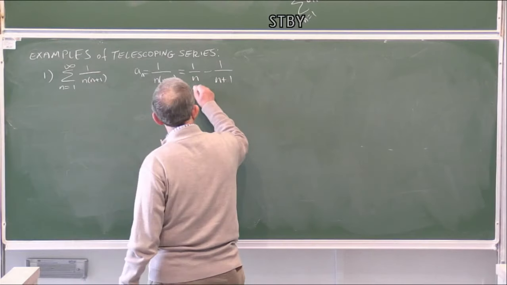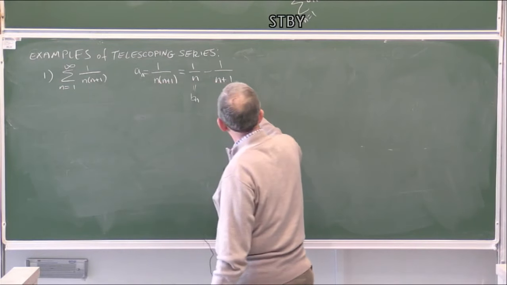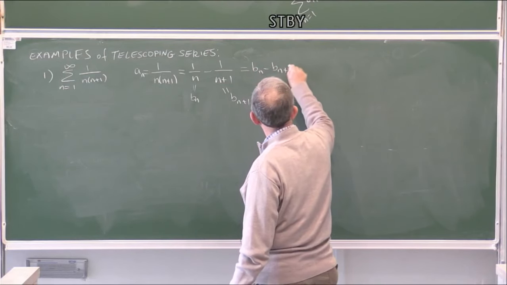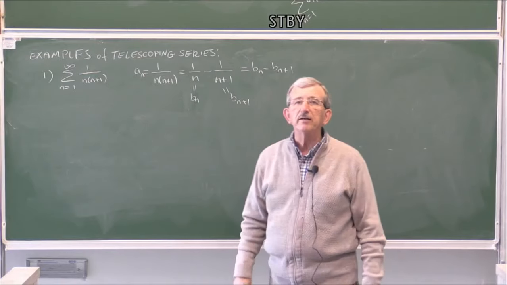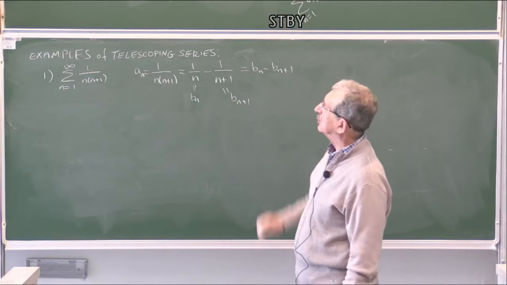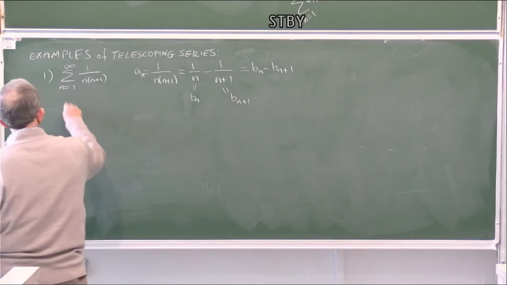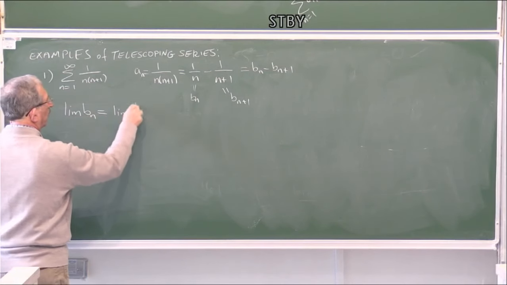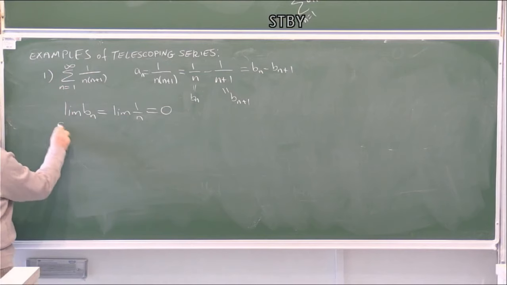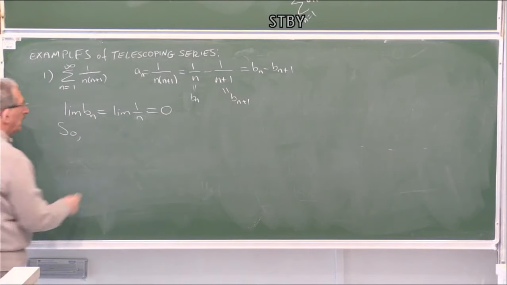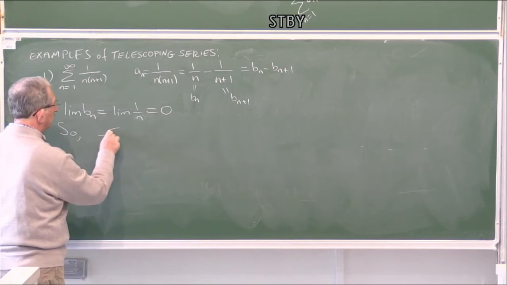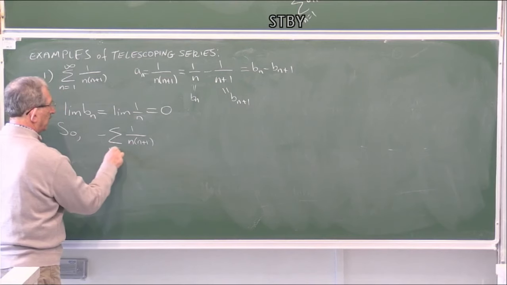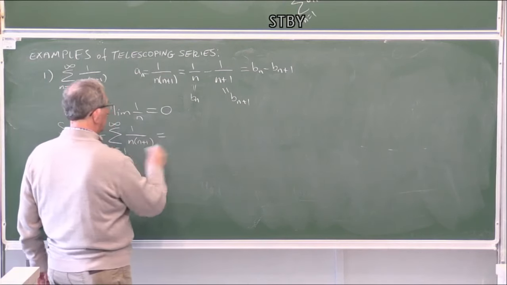So, if we call this Bn, this becomes Bn plus 1. So it is of the form Bn minus Bn plus 1, which means if you multiply it with a minus sign, you get the standard formulation. And of course, limit of Bn here, which is limit of 1 over n, is 0. So, okay, if I consider the sum of 1 over n times n plus 1, n from 1 to infinity, it would be the limit